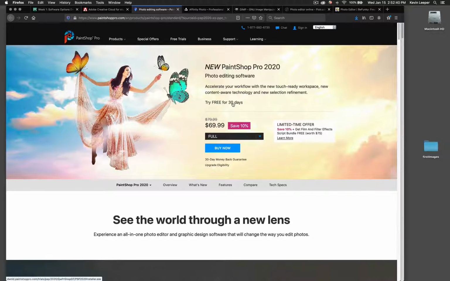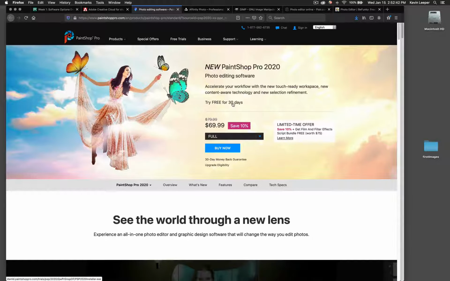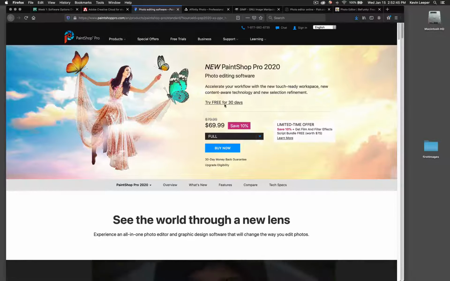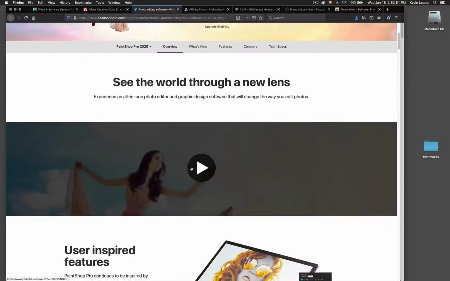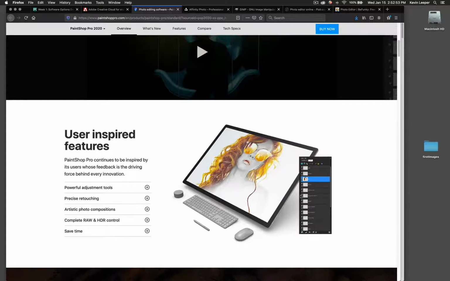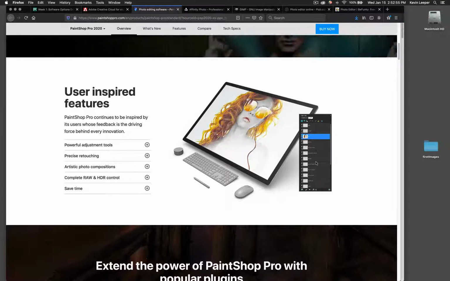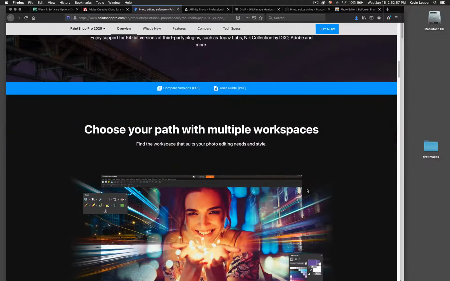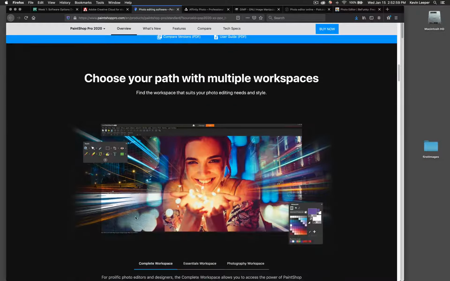So again, try it out for 30 days. Try them all, really, I would say, and just see how this works for you. Again, I'm not really using this. I don't use this software, so I'm not as familiar with all of the different things, but this looks real familiar in terms of layers, and the tool sets look similar, and I've worked with different types of software,